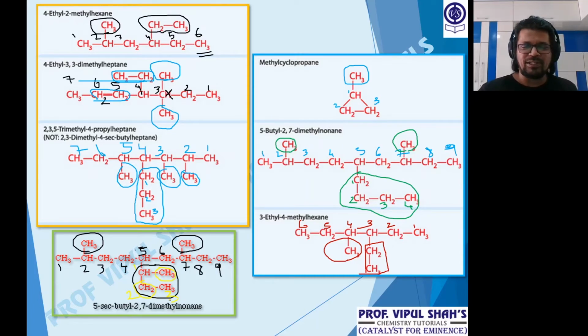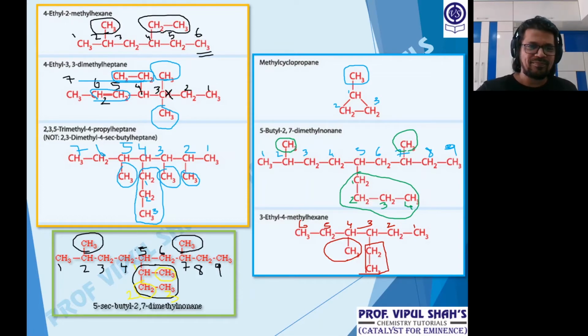I repeat the name. Listen. 2,7 dimethyl 5 hyphen bracket 1 methyl propyl. Okay, so the M of the methyl is not considered. It's the P that comes. So here, when we are calculating, the methyl M is the priority. That's why it is 2,7 dimethyl 5 (1 methyl propyl) bracket closed 9 nonene.